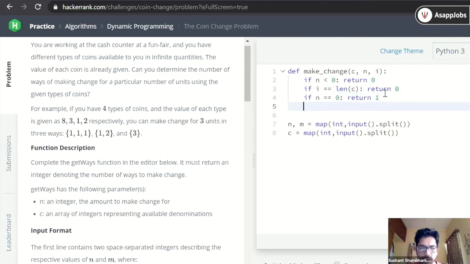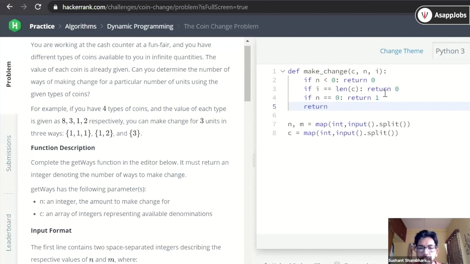So what we are going to do here is return, you have to make two recursive calls, right? So one, you are going to use that unit, and in another call you are not going to use that unit. So same as knapsack, either you are going to take that item into your bag, or you are not going to take that item in your bag. So you have to explore both of these paths in your tree. So each node will have two paths. Either you are taking that coin or you are not taking that coin.